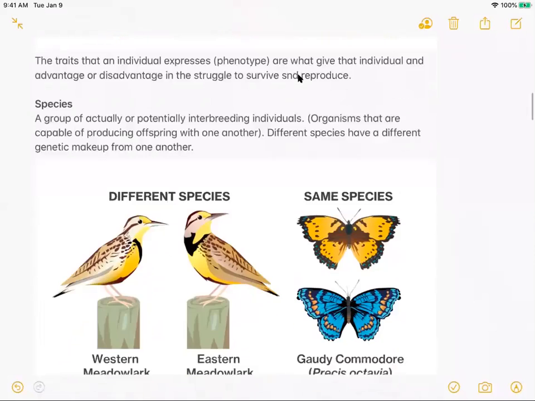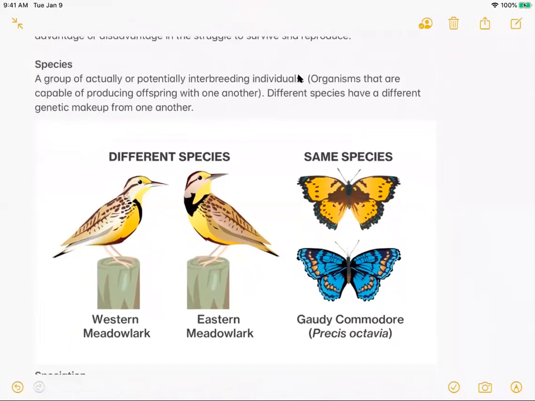All right, so now going into species. Species are a group of actual or potentially interbreeding individuals. So basically, these are organisms that are capable of producing offspring with one another. So if two organisms are able to produce offspring, they're usually within the same species, but of course there are